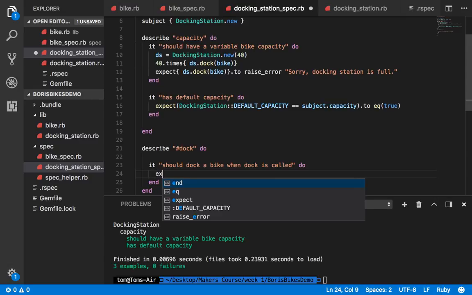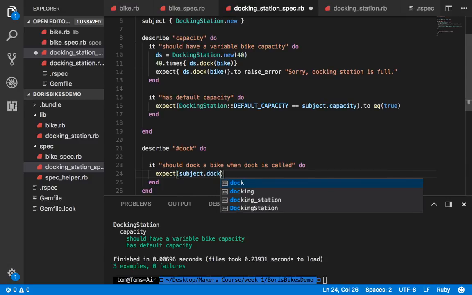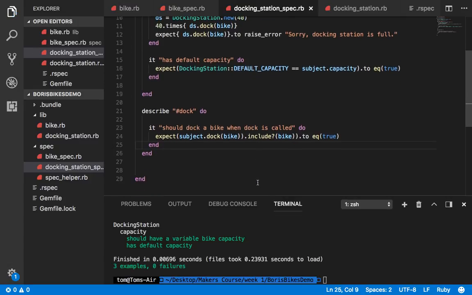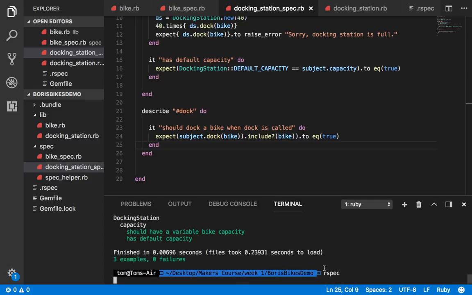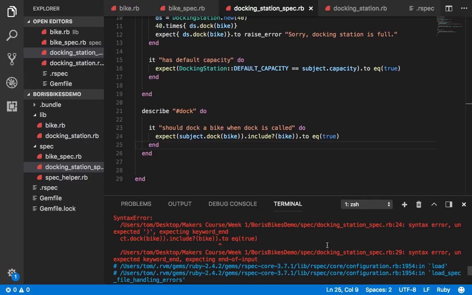So expect subject dock bike dot include bike to equal true. So does it include a bike? I think actually this should fail, of course, because we don't have